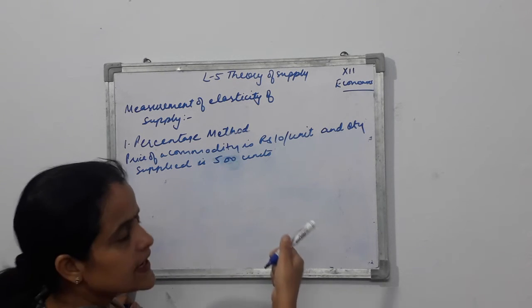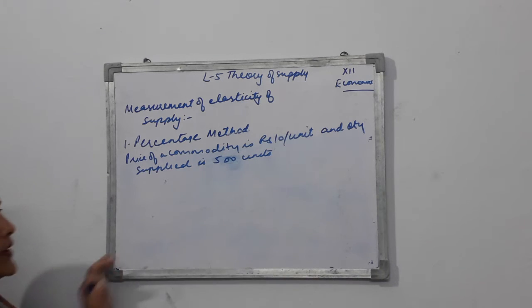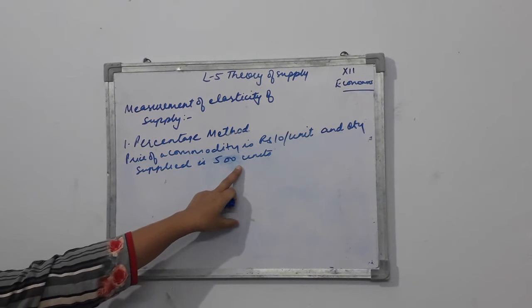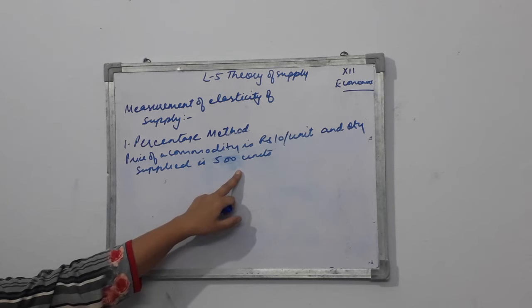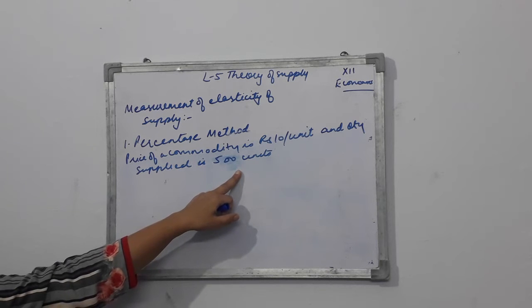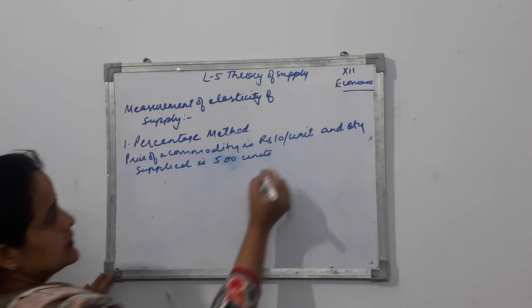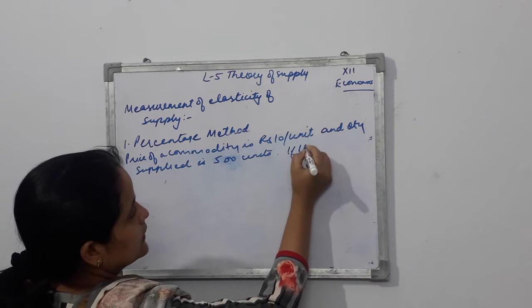Which is saying that when the price was rupees 10 per unit, supply was 500 units. Got it? 500 units. If the price falls by 10%,